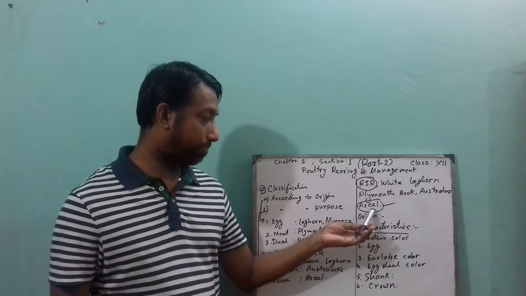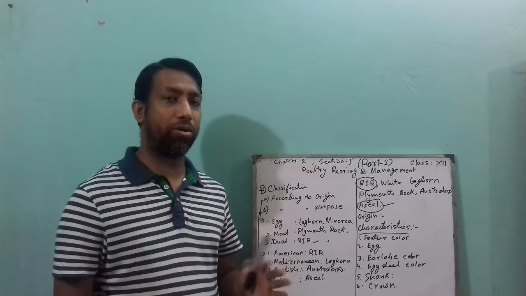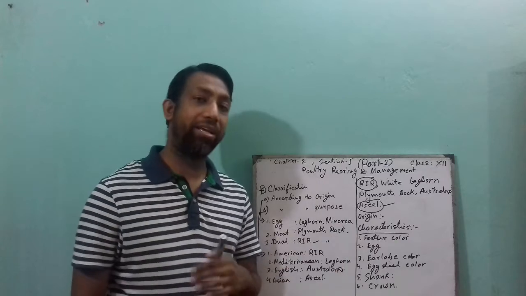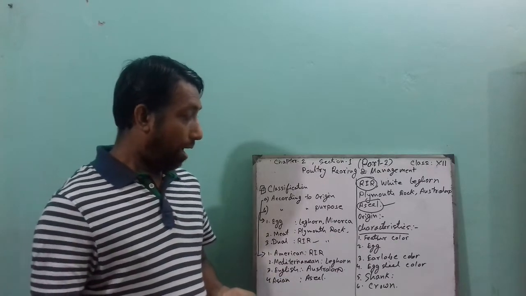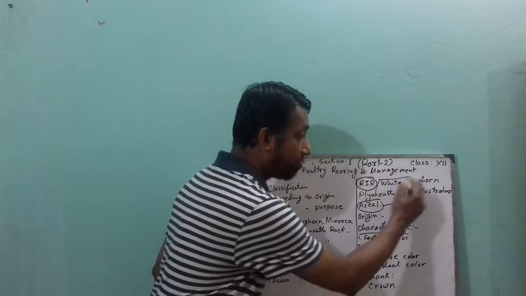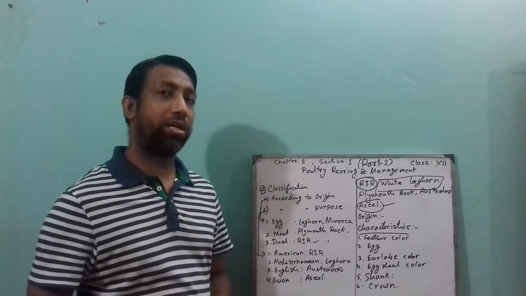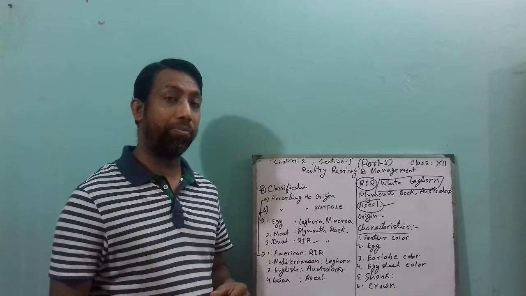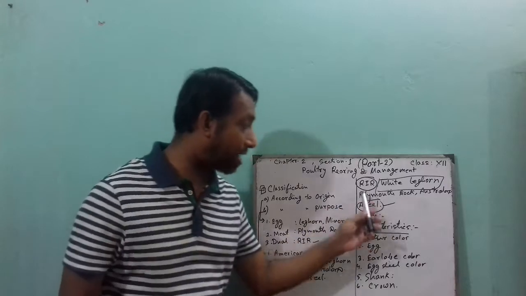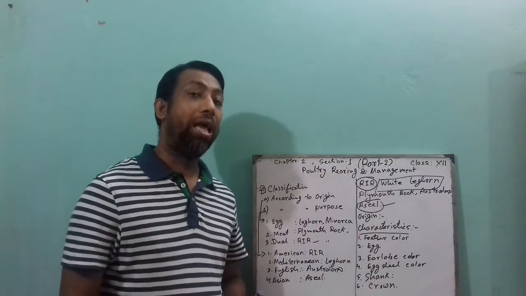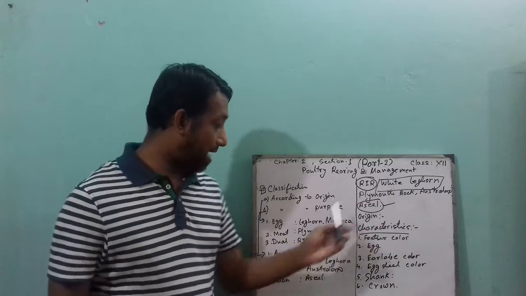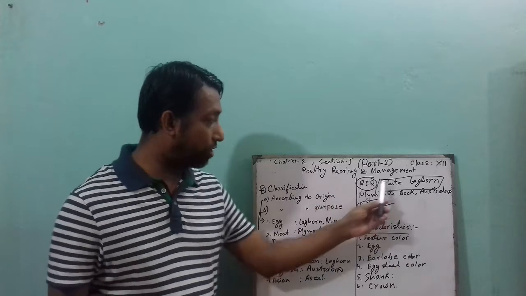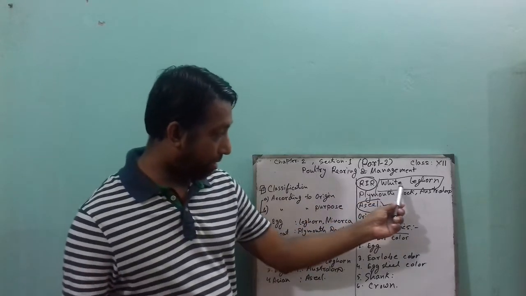This one can produce eggs as well, about 200 per annum, and the meat is very tasty. The other one that is very important is White Leghorn. This one comes from a place named Leghorn in Italy, and they lay more eggs than the others, about 300 per annum. This one we can say is egg purpose, egg producing classification,